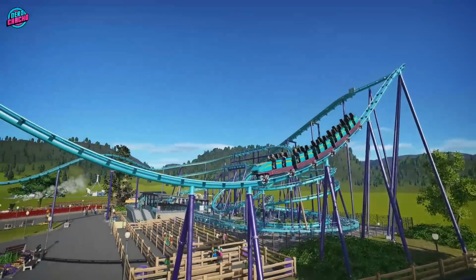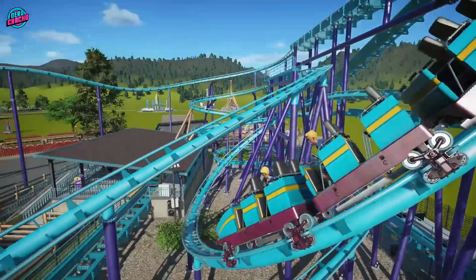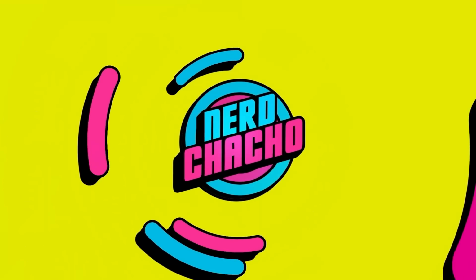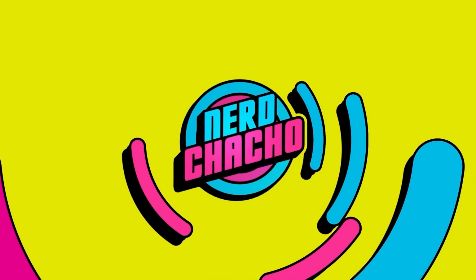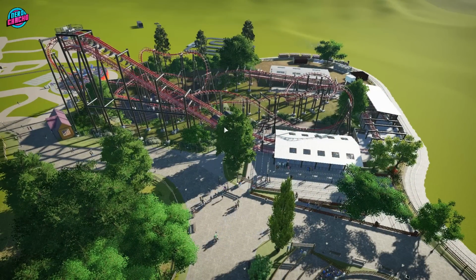Well, hot off the heels of one janky second-hand coaster comes a second janky second-hand coaster. But this time, it's given us a bit of a nightmare. Oh yes, welcome back to Planet Coaster, welcome back to our low-budget janky park inspired by Oakwood and Pleasurewood Hills